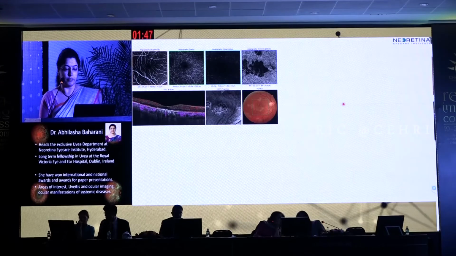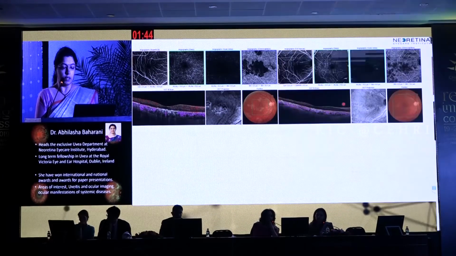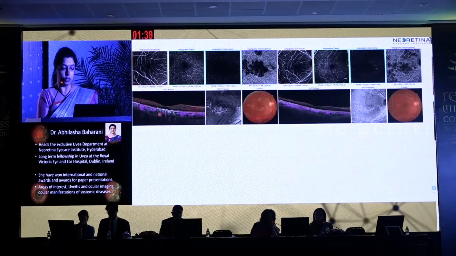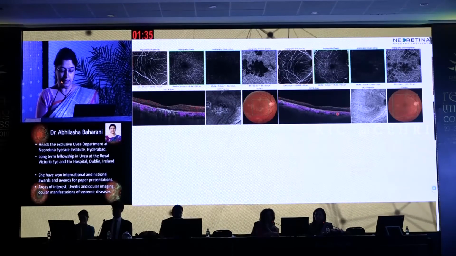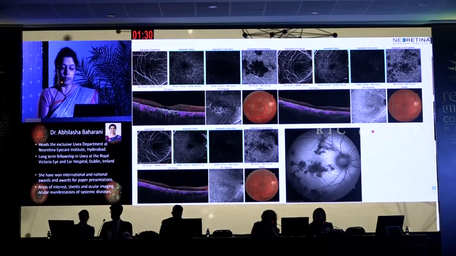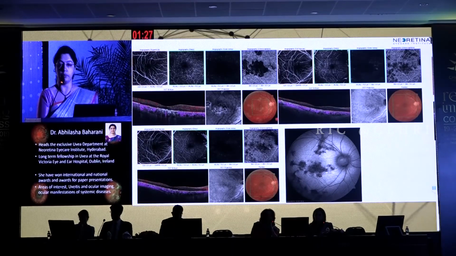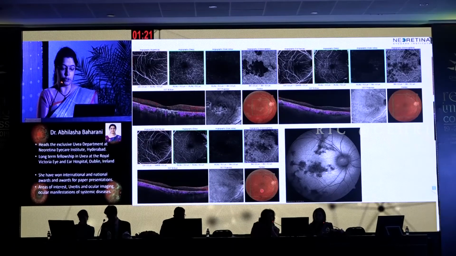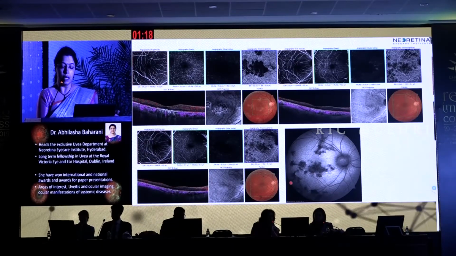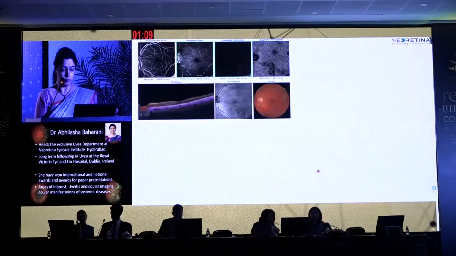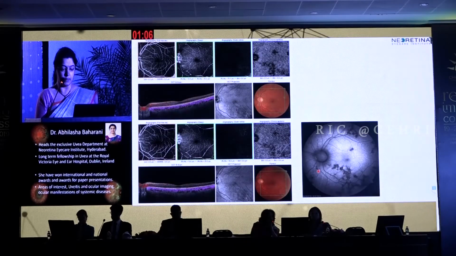Coming to another case of serpiginous-like choroiditis, you see there is ischemia here. There is flow void, which is also seen on the color-coded B scan. And as the lesion resolves, you see the vascularity increases. Also, if you note in this case, this is a fresh case who presented early and he was treated on time. So there is less loss of RPE, and therefore the fundus autofluorescence picture is more of an isoautofluorescence than hypoautofluorescence. This is the same patient, other eye.